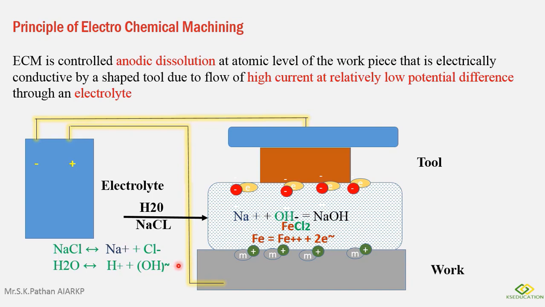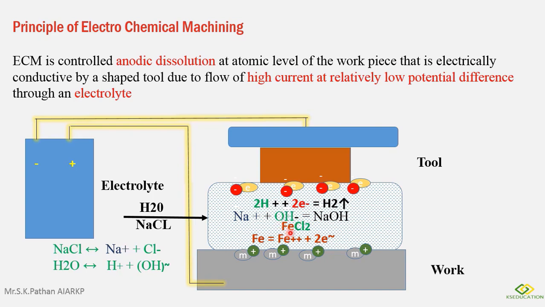Similarly at the negative terminal, the negatively charged electrons react with the hydrogen ions and form hydrogen gas. Now this solution contains hydrogen gas, sodium hydroxide and iron chloride, and this iron chloride is in the